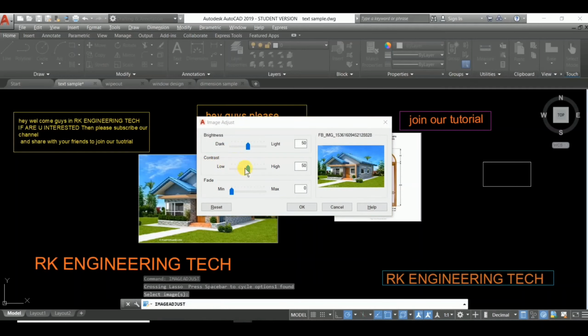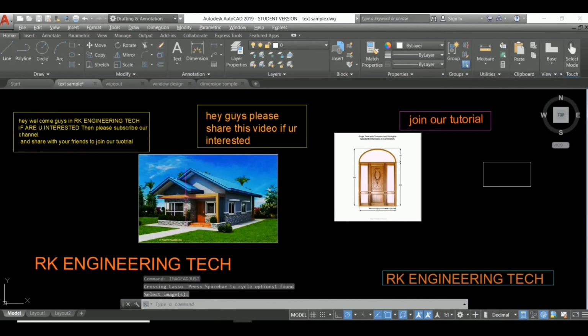You can change the contrast, which can be high or low. Okay, you can change like that. And this is fade, you can make it high or low, you can change like that. And in this manner you can adjust the image and press OK, and this is our image which has been adjusted.